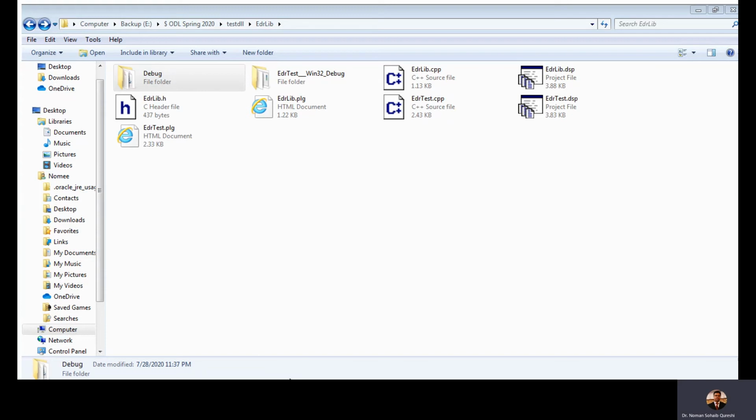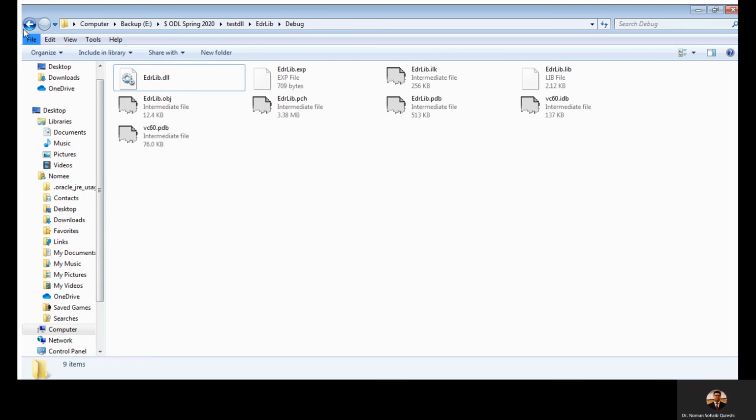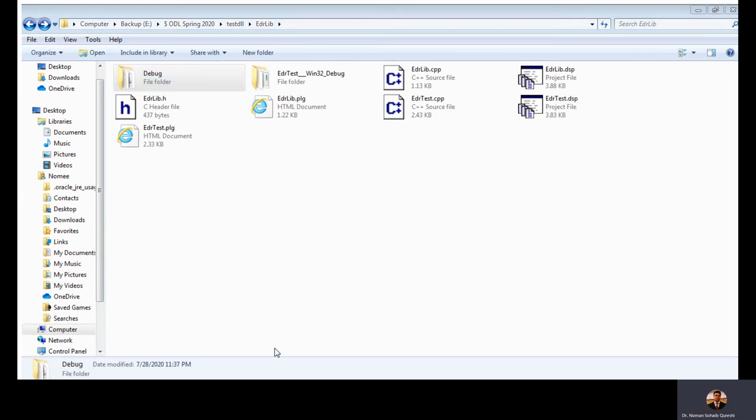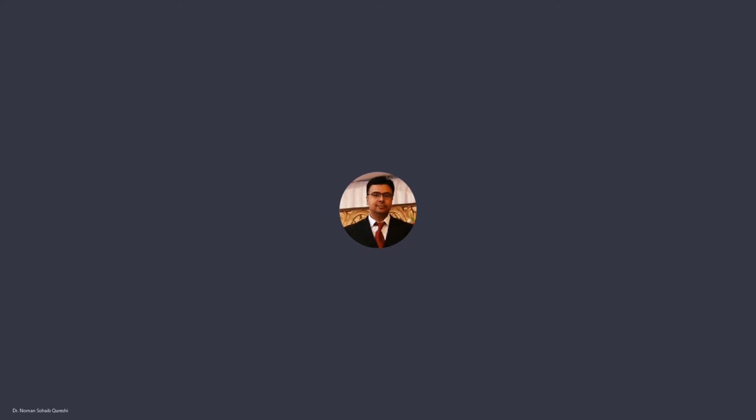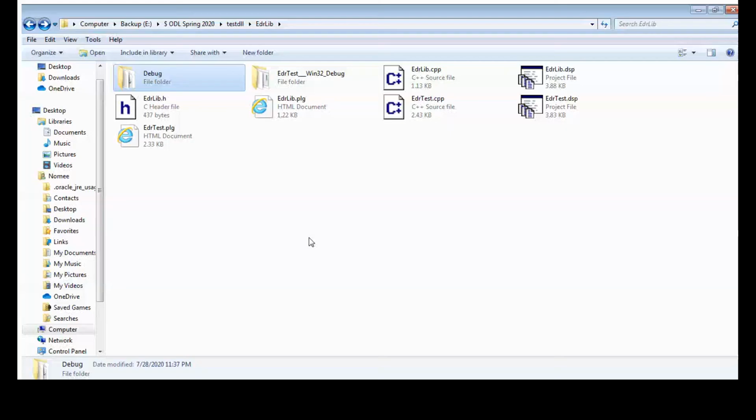Now it can't find the DLL, as I've told you about the known errors. So we will copy the file. I'm going to share with you the directory in which we have saved our project. So we go here. Now you see there is one debug folder and one EDR test Win32 debug folder.